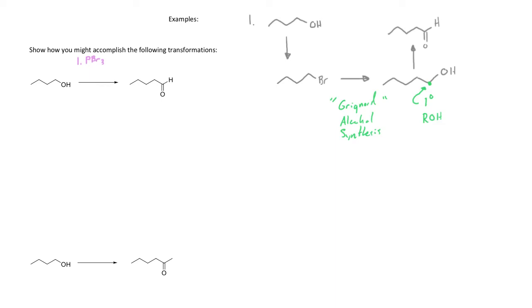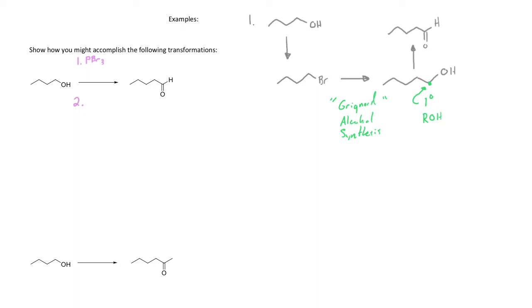If you haven't already written down the reagents necessary to accomplish this specific transformation, this is a great opportunity for you to pause the video and see if you can learn more about the Grignard alcohol synthesis. Try to figure out what series of reagents you need to put together to accomplish this transformation. For the Grignard alcohol synthesis, we can either make primary, secondary, or tertiary alcohols. And whichever alcohol we're trying to make will basically determine the type of carbonyl compound that we're adding to the